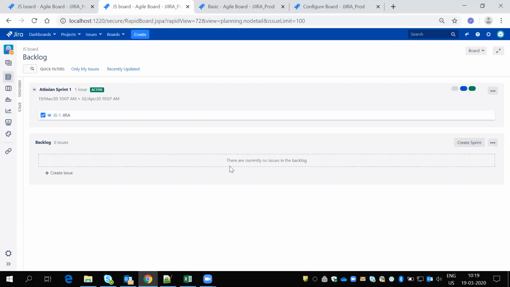Once every ticket is coming to the backlog, the scrum master will analyze the ticket and move it to a particular sprint, and once they move it to the sprint, they will put in some estimation, like story points. Based on that, they will start that sprint.